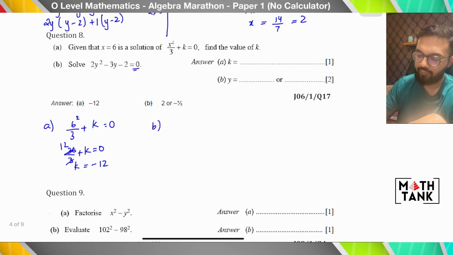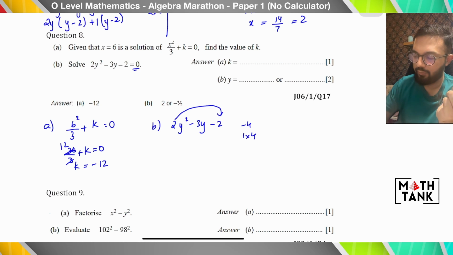I'm going to have to find the values of y as well. So I'm going to follow the same method. I'm going to multiply 2 and minus 2 together and make the factor minus 4, factors of minus 4. So it's again 1 into 4 and 2 into 2. I'm going to do that